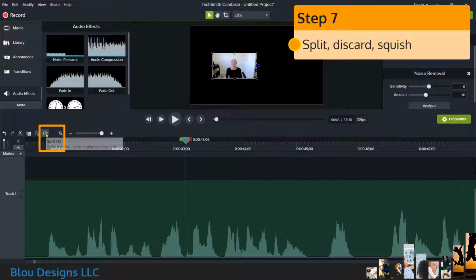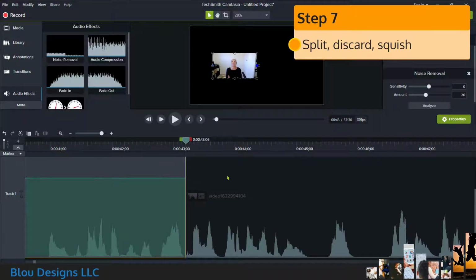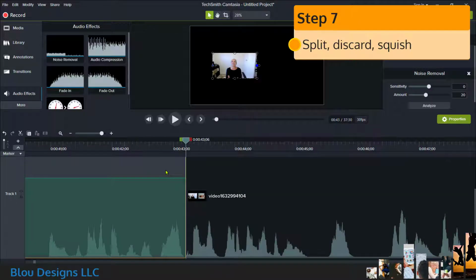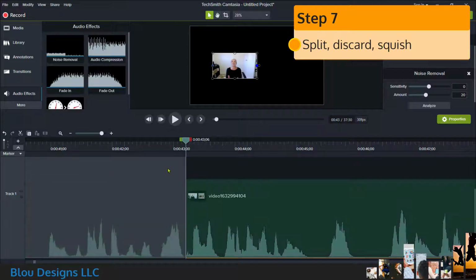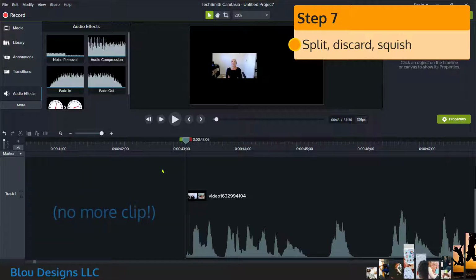With the Zoom recording clip selected and the playhead exactly where I want to cut, I'll use the split tool to cut the Zoom recording clip into 2 clips. If I use my mouse to select one side of the playhead or the other, you can see that those clips are now really 2 separate things because they're no longer being selected together. I'll select the one that I don't want to keep and hit the delete key on my keyboard to get rid of it. That's the beginning of the clip taken care of.